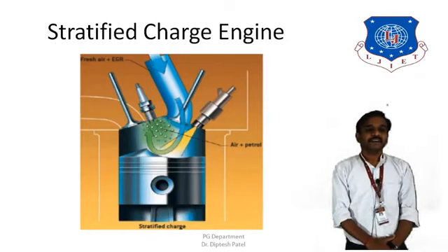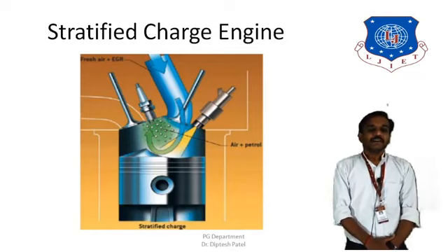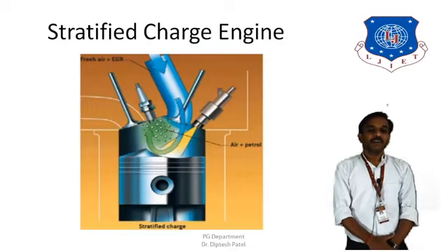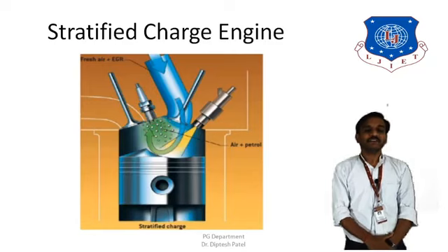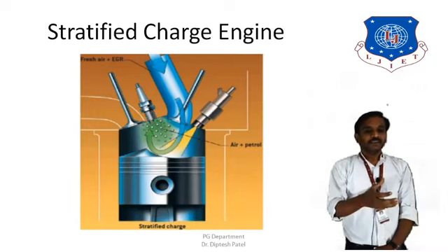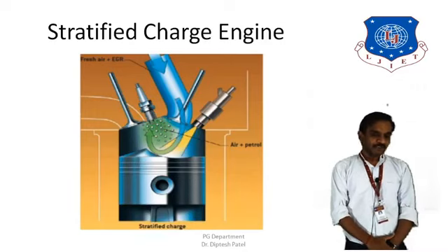You'll see that the fresh air is taken from the intake manifold, where the fuel and EGR, exhaust gas recirculation, is being taken into the cylinder. It would flow in the form of swirl and would create the rich mixture across the spark plug, as you can see, which would ignite the air fuel mixture.